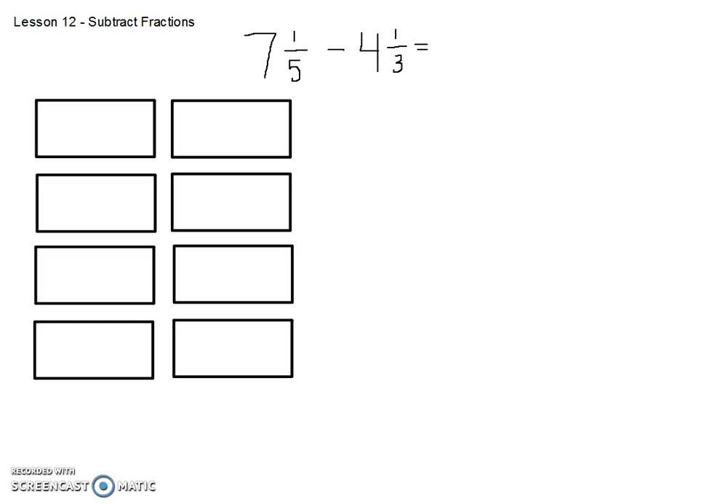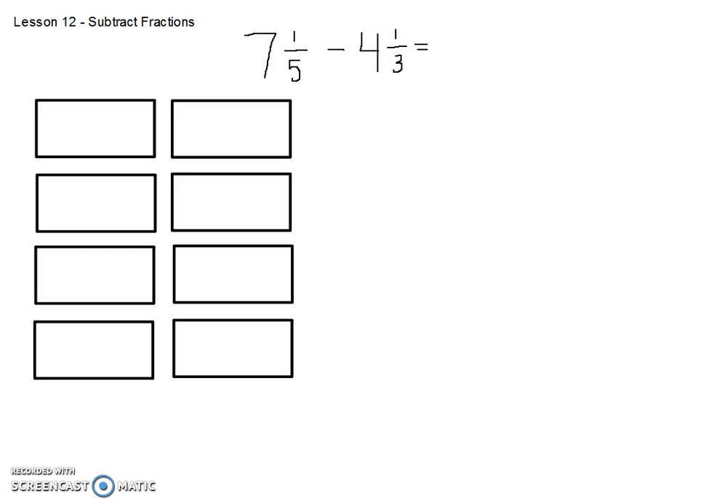In Lesson 12, we're going to be talking about subtracting fractions, except for now we're going to be talking about some bigger amounts, some bigger whole numbers, and mixed fractions. The problem that we're going to be working with today is 7 1/5 minus 4 1/3. I'm going to show you what this problem would look like being solved visually using our rectangular fraction models, and then I'm going to relate it to how it would look numerically so you can see the juxtaposition or the